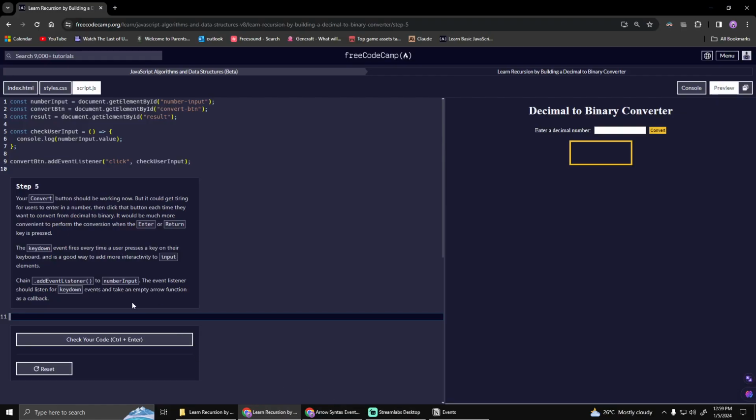It says here your convert button should be working now, and it says chain add event listener to number input. The event listener should listen for key down events and take an empty arrow function as a callback. It says we should use the key down event because this information says it fires every time a user presses a key on their keyboard and is a good way to add more interactivity to